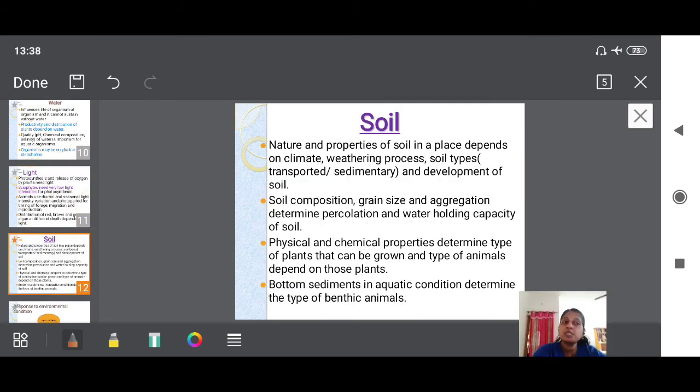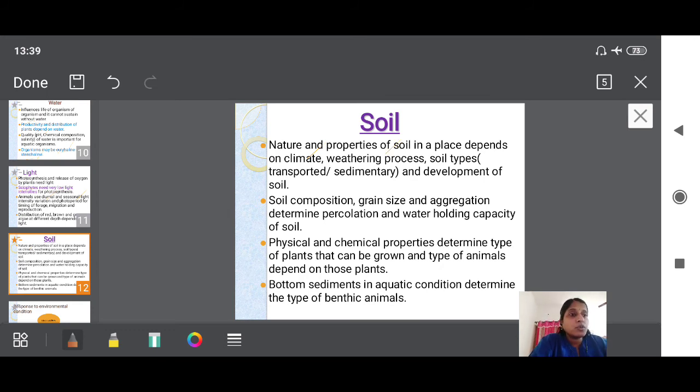Now moving on to the last part of today's class, that is soil. Okay, soil, how it is playing a major role, a major abiotic factor. So nature and property of soil in a place depends on climate. Yes, so the property of soil, the nature of soil in one area depends upon climate, weather. If it is a much drought area, obviously the soil will be of some type, and if it is much rainy you can find much amount of microorganisms, means climate. So the temperature, precipitation, if there is a change, the soil will have its own effect, isn't it? So it will be somewhat different.